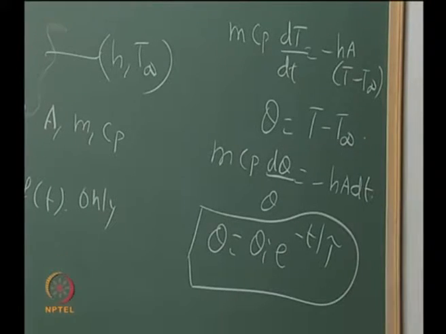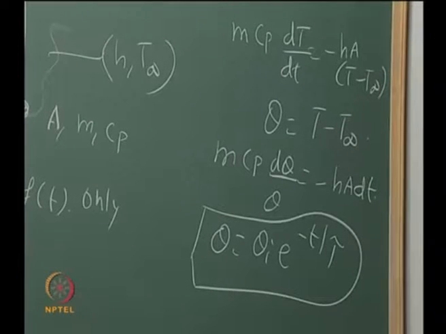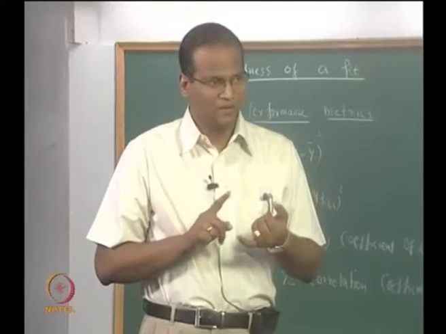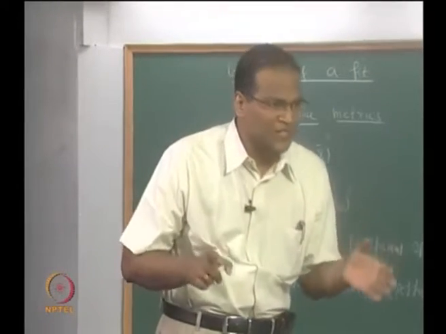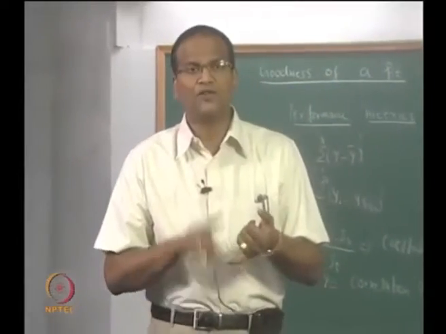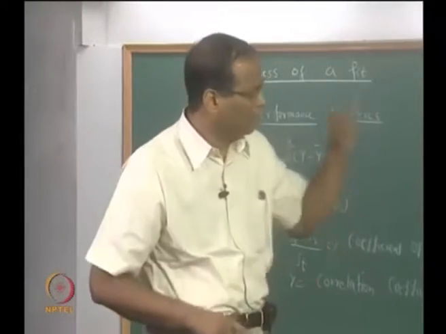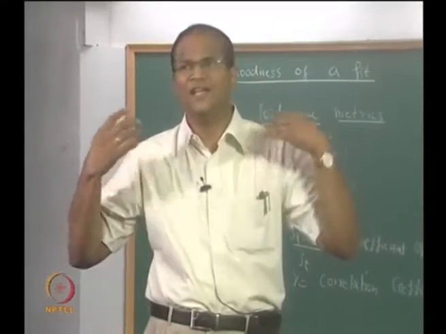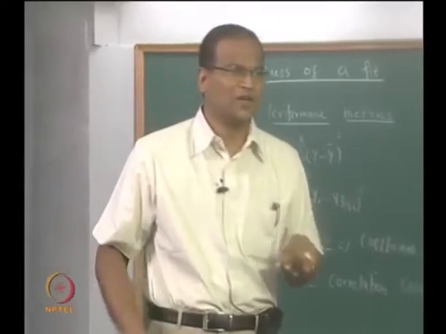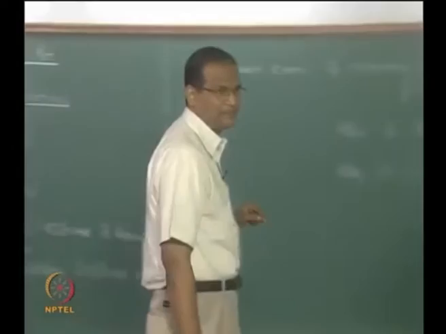There are some inherent assumptions. Okay, the heat transfer coefficient is constant, it does not depend on the temperature of the body, which is a questionable assumption. The mass is constant, specific heat is constant, all these are okay, but the heat transfer coefficient is constant. Under natural convection this is not so, the heat transfer coefficient is really variable, but we keep it constant. Next, because the body is cooling and it is dissipating the heat to the surroundings, the temperature of the surroundings is not increasing, that is why it is a first order system.